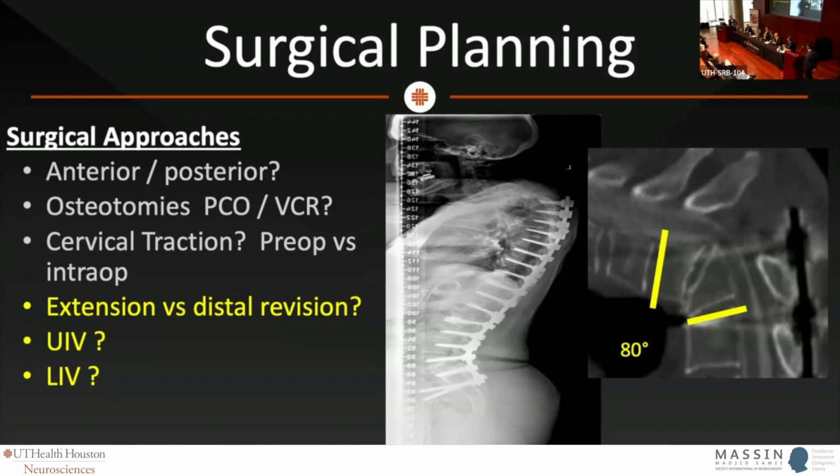Yeah, so I think there's a couple of good tricks to look at. There's slope numbers that we have, the T1 slope and the L1 slope. If you can get those slopes within 5 degrees or so, that tells you that they're well aligned. And then you want the C2 slope to sit on top of that. An easy look for it is you want the back of the skull to be aligned with the posterior aspect of the thoracic spine. And that gives you a sense about the translation.